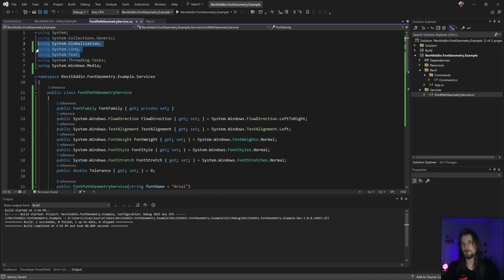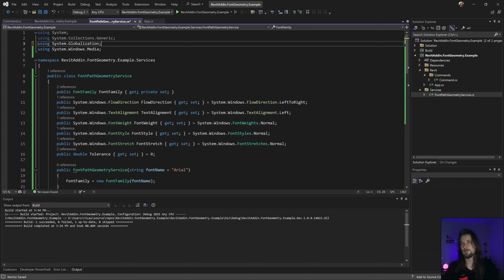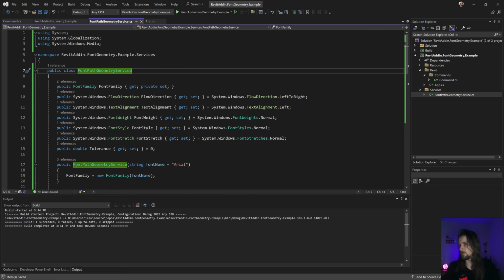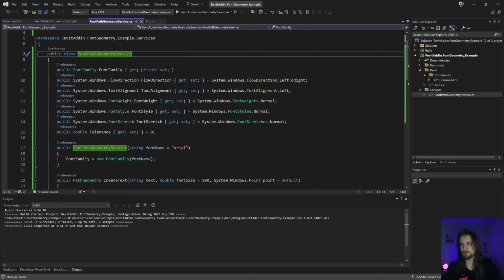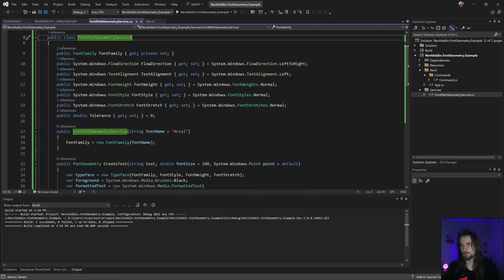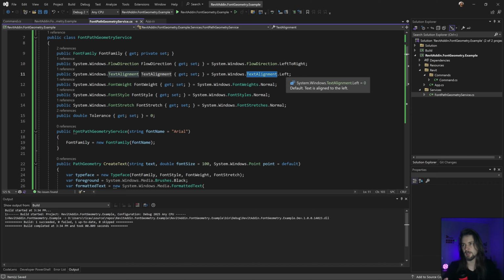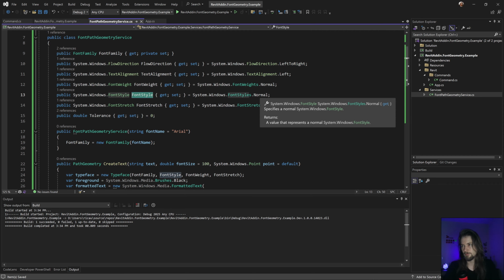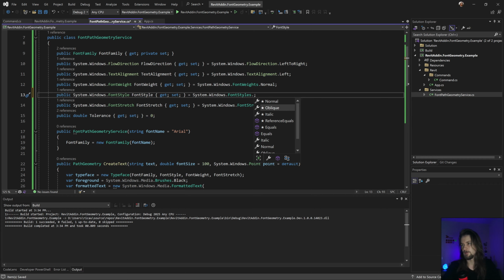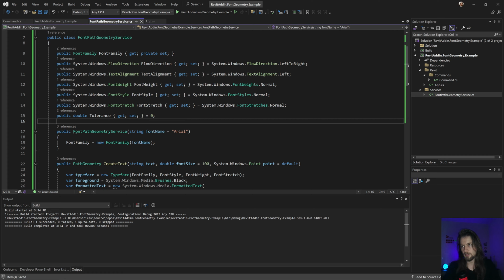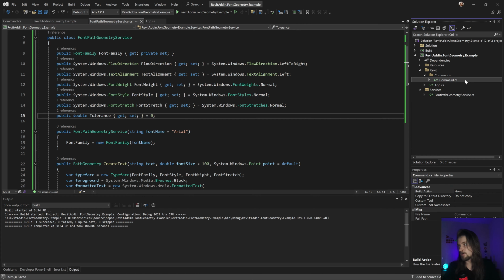Let's remove this, I don't need that, and don't need this as well. And I have other options like this, just to get the direction, where's the text align, the normal weights, or the style, this oblique or italic, and other stuff. And I have this tolerance that I'm gonna show after.